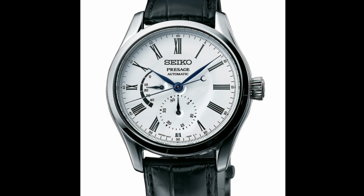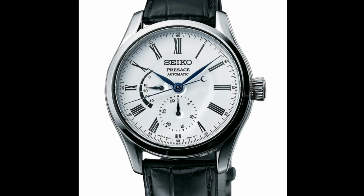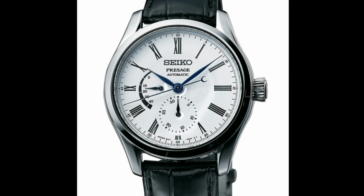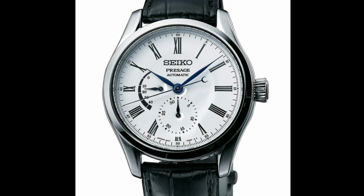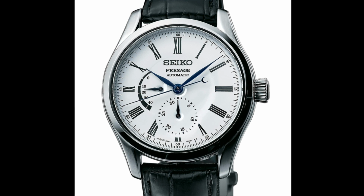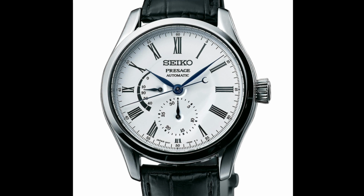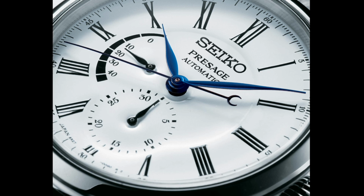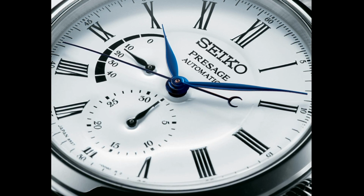Similarly, one can see the power reserve indicator on the left-hand side of the dial, and a pointer date at 6 o'clock. However, it's the dial itself that's gained such popularity, because enamel dials like this are very difficult to make, and in fact this is why I have such respect for brands such as Kino and Zinn recently, who've started to produce their own enamel dials, which really are very difficult to make, and certainly difficult at this price point. But the Seiko version is a very soft enamel in terms of its